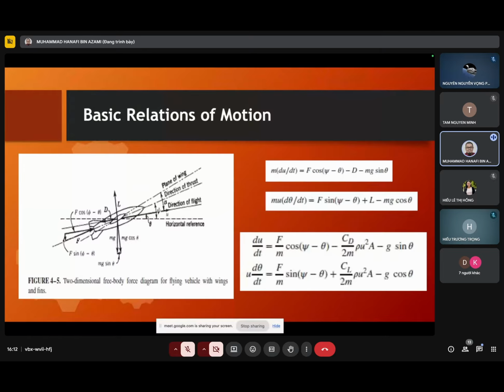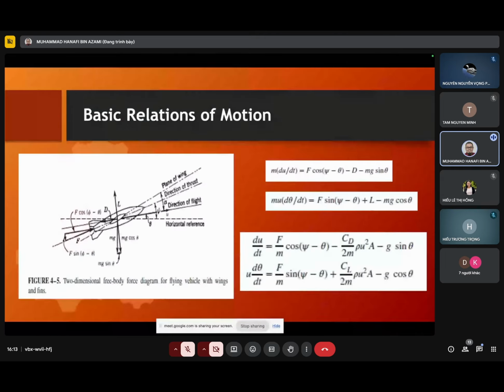Since all the forces have direction and magnitude, using Newton's second law, ma. Du over dt is acceleration a, so F equals ma. So what is F? The summation of F. I know students